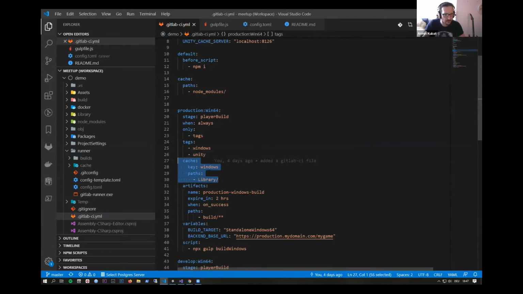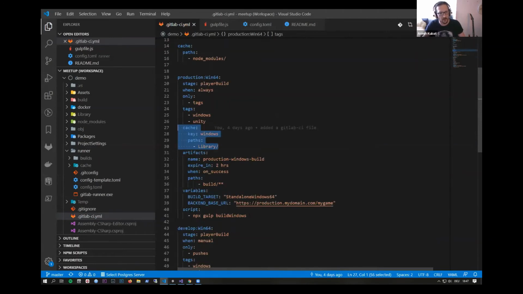You can also define if it should pull the cache or only push the cache, but per default it's pull push, and that means that before the runner will execute a script, and after it has checked out all the repository, it will look for a cache named Windows. This is on a project scope, and